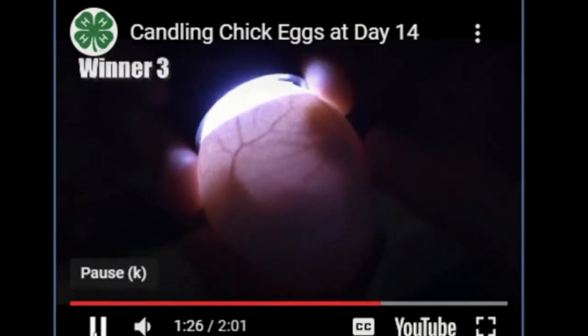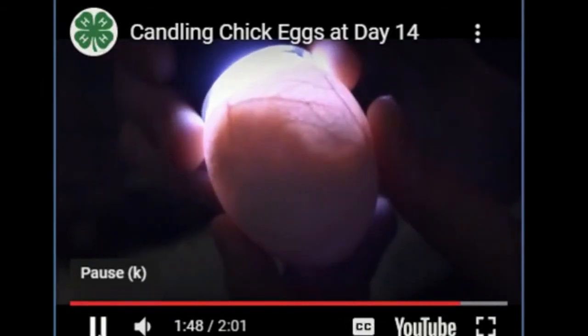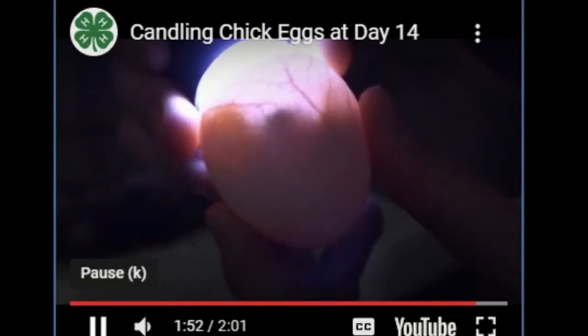Close to my thumb, moving around, you can see the outlines of the toes. And if I rotate it a little bit further, you can see the beak and the eye as that dark spot in the center. And at this stage of development, we will never find a yolker in our incubator because they have been cold or removed from our incubator when we did day 7 of candling. As I rotate it a little bit there, all them red lines connecting to the top where the air cell is located, you can see them really well. Those are the blood vessels and veins.